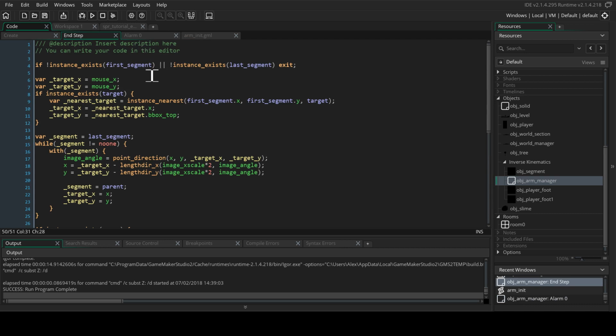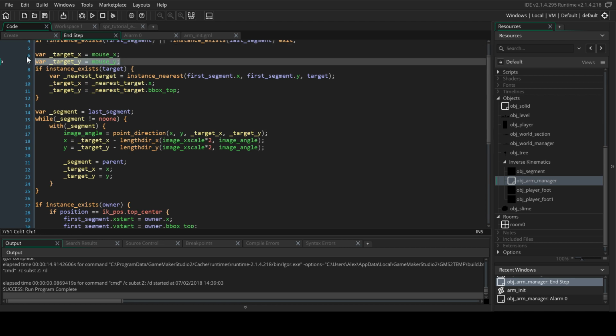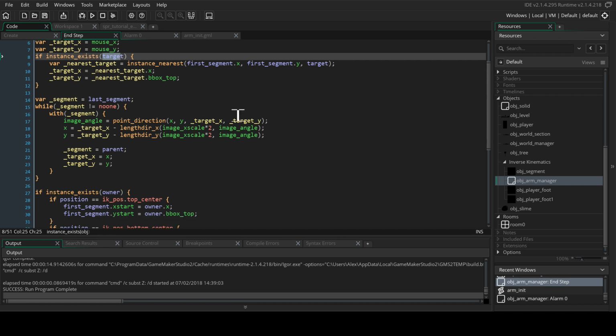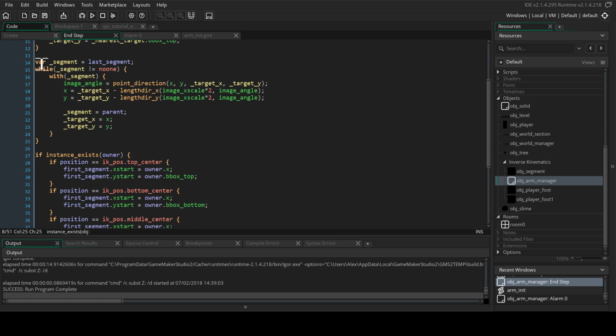So for the step event, well, first in the beginning, the create event hasn't run, so this won't be initialized. That's why there's this check here. Here there's a default target. I mentioned it was the mouse. But otherwise, if there's a real target that exists, it's going to try to find it, and that's going to be the target that we're trying to touch, the place we're trying to reach. Then here there's a loop, and you basically check the distance between